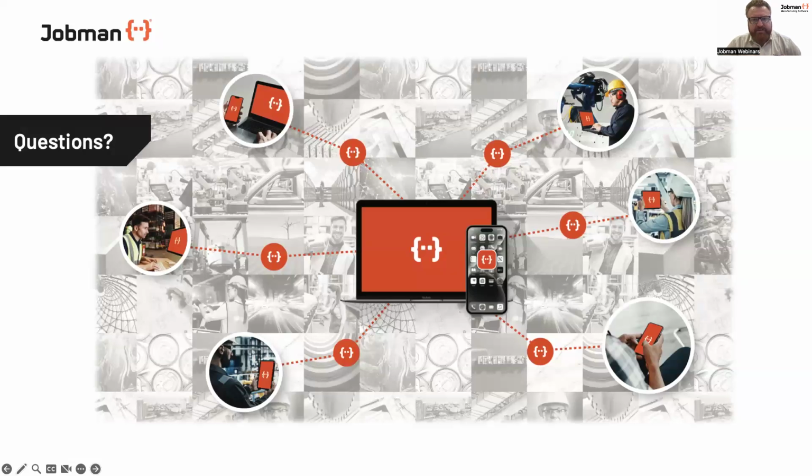How does Jobman feed purchases inventory info into Xero? Great question. Because Jobman manages your inventory control and your purchase ordering with your suppliers, one of the things we do is link up your purchase order accounts to your general expense accounts. When goods are received from a supplier into Jobman digitally, and we will definitely be covering this in a further webinar because it's a fantastic part of the software,